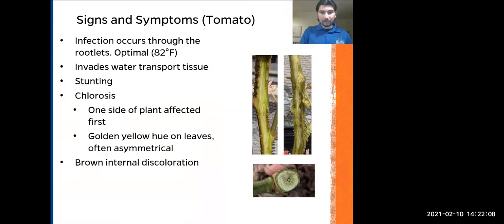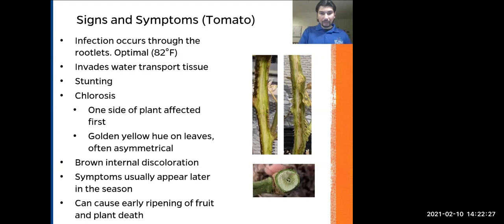And you'll get some brown internal discoloration. In this greenhouse experiment I did, this is the non-inoculated control. You can see no browning here, but this is inoculated with FOL. You see some browning in the tissue, and then on the cross section you can see some of the browning there. Symptoms usually appear later in the season, and they can cause some early ripening of fruit